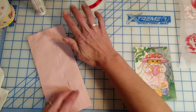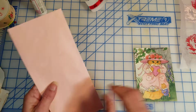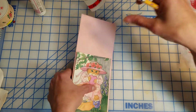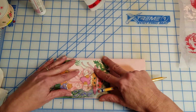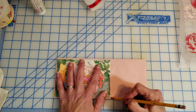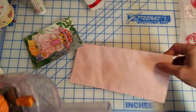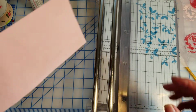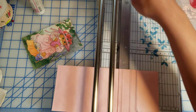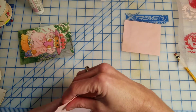Okay. Just really going to push that down. So I'm just going to kind of line it up. And I'm not going to push it all the way down. And then I'm going to come up just a hair right there. See, I got that backwards. That's funny. Okay. There. Okay, so